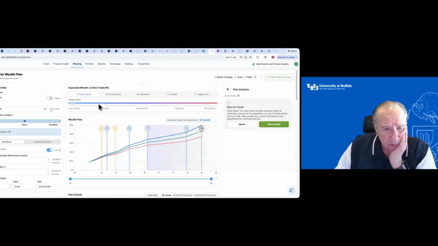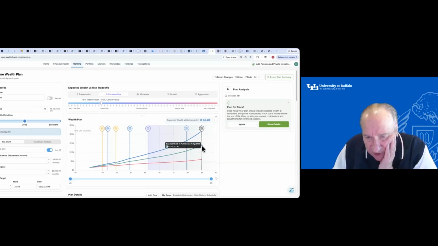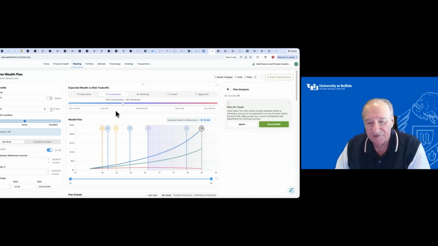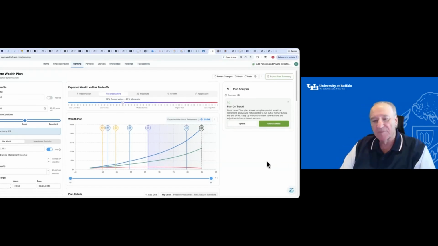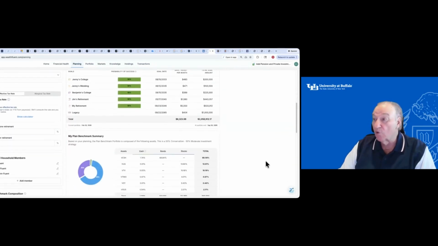So let's see, is it worth taking some more risk? Get higher returns. Okay, now we're up to 6.4 here at the beginning of retirement and 13 million expected at the end. So let's keep going up the efficient frontier until we find a strategy we're comfortable with. So there's less than a 5% chance of running out of money over your lifetime, not next month, not next year, over your lifetime. And here's your savings plan